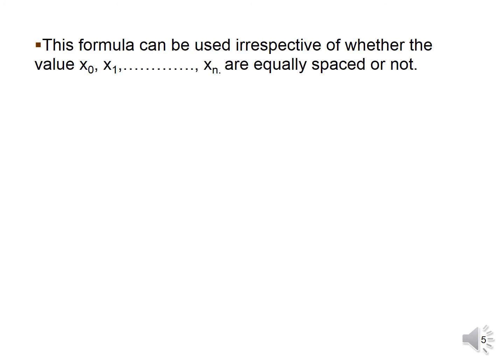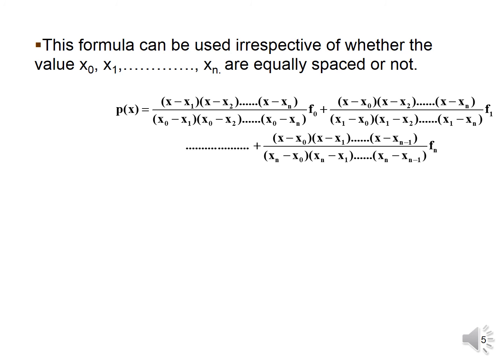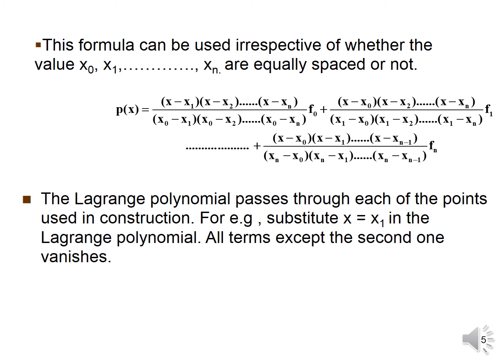This formula can be used irrespective of whether the values x0, x1, up to xn are equally spaced or not, and the formula is this same formula. The Lagrange polynomial passes through each of the points used in construction. For example, substitute x is equal to x1 in the Lagrange polynomial. All terms except the